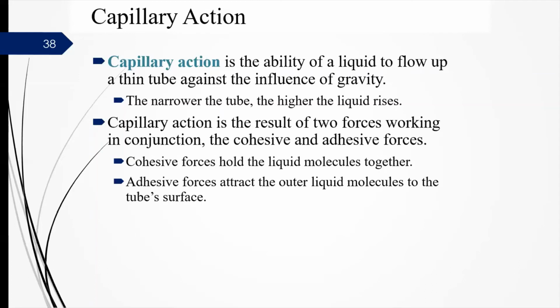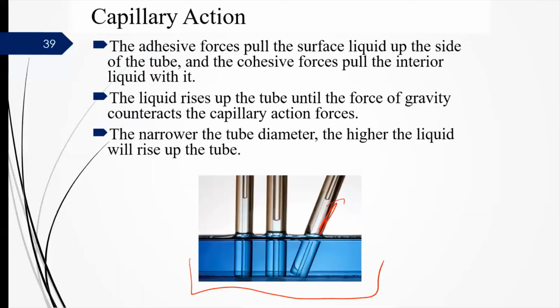We have the cohesive ones, so that's the desire of our liquid molecules to stay together. And then we have adhesive ones, where those molecules are attracted to the surface of the tube. So the adhesive forces kind of pull the liquid to the side of the tube. And as those forces get pulled to the side, well, the liquid wants to stay together with its cohesive force, and so it starts to pull the interior of the liquid up with it as well. So you can kind of see that the edge of our liquid is going up first,